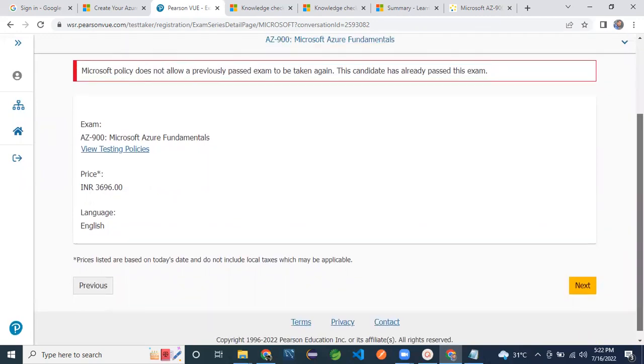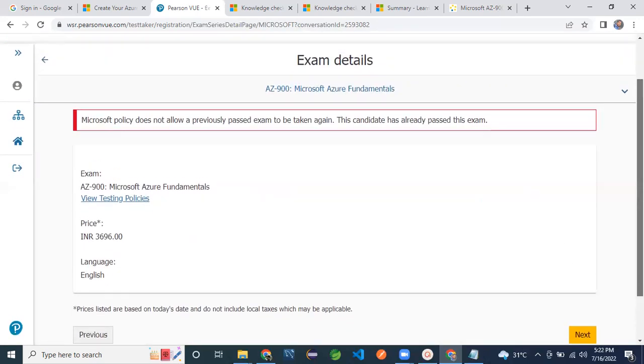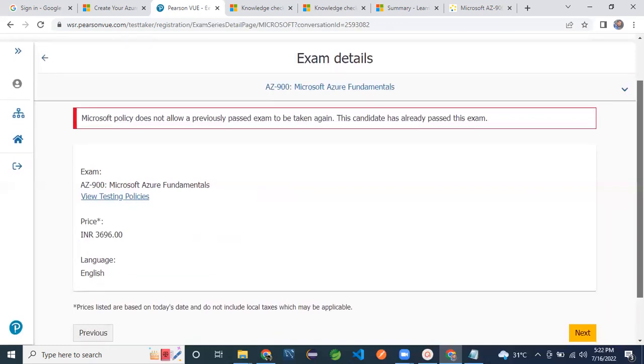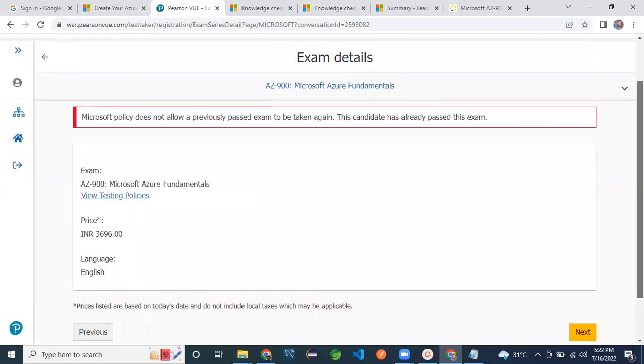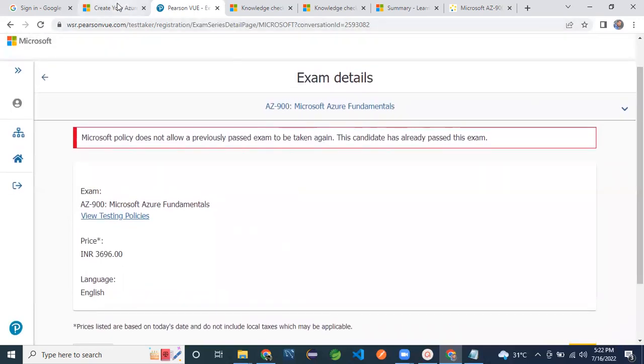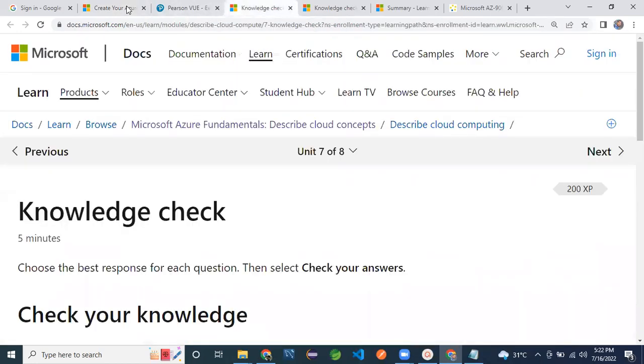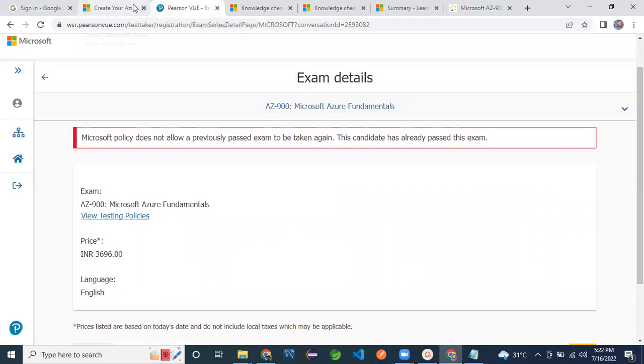If you use your Microsoft ID and click next, it will give you a calendar. There you can select the date and time and then submit. You will receive an email that you have booked the exam, with the time and details sent to your mail ID. Then accordingly, you just start the exam.